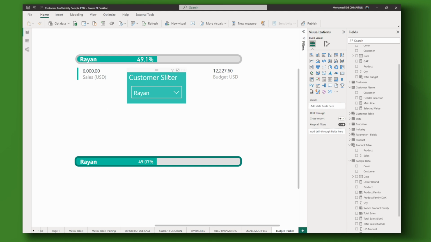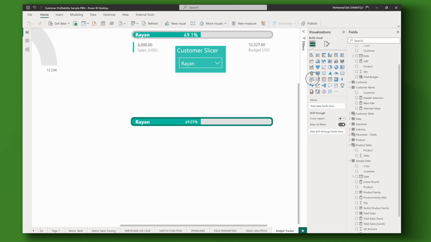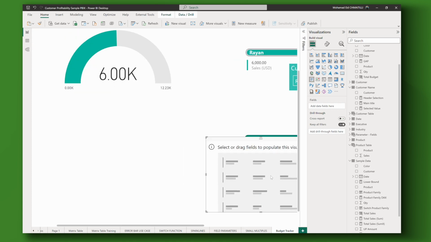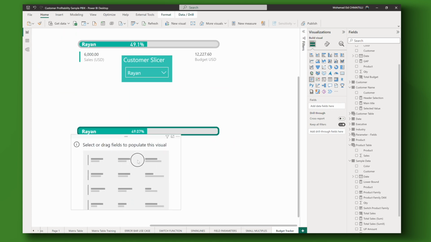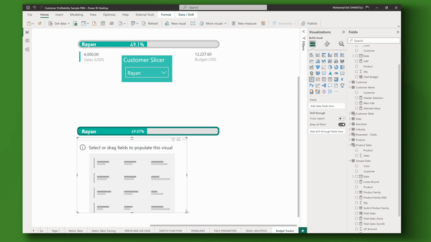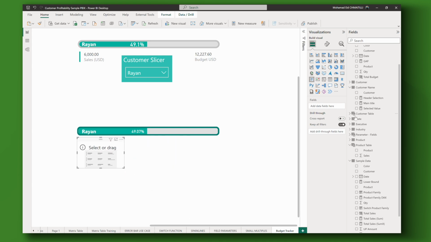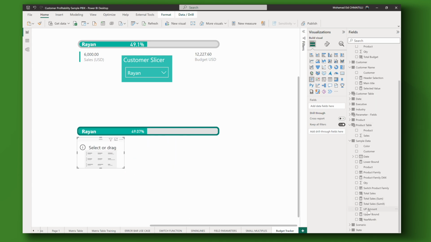Now, if you want to add these, these are very small and straightforward. All you have to do is bring the card, and in this card, I'm gonna add the total sales. So from this sales, I'm gonna take total sales. And here you can see the total sales is here, change this one to sales USD. And here you go, you have this one.